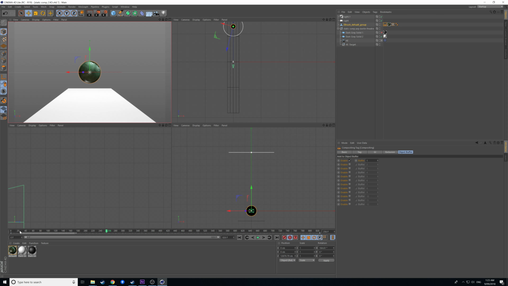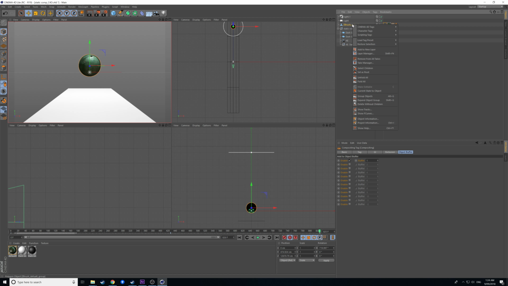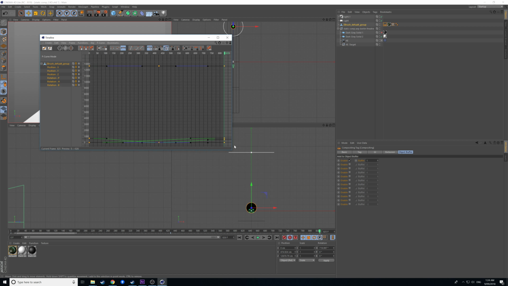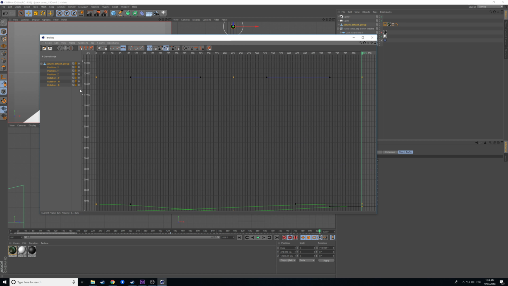If you go back in here, you might notice we're not entirely sure the way in which it smooths into this motion. Say we recorded another type of motion at the same time, so we might have it start there, in the middle dip down a little bit. We've still got auto keyframing on, so it should be recording these positions. Then at this point raising up a bit. It's doing all of these, but the way in which it's moving between the positions, it's hard to tell at this point. So what we can do is, if we right click on the object and go to show F curves,